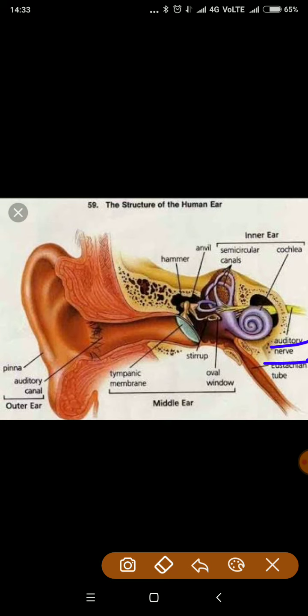Now I told you that the cochlea has a liquid filled within it. So what is the function of that liquid? It allows your body to balance itself, right? With this we can balance our body. You must have noticed that when you take rounds many times, if you turn around, then what will happen?